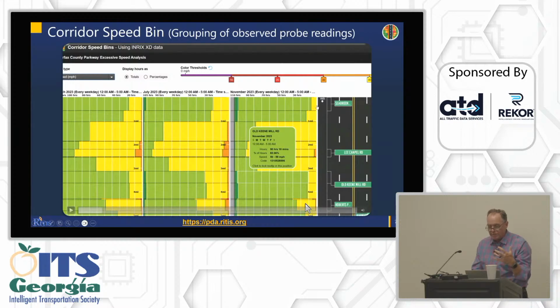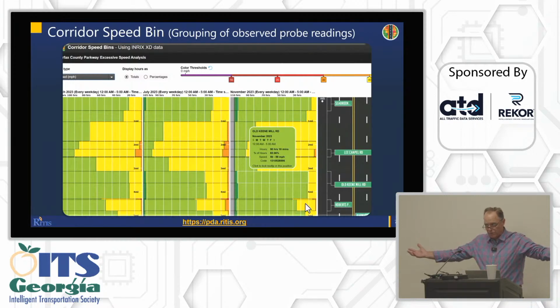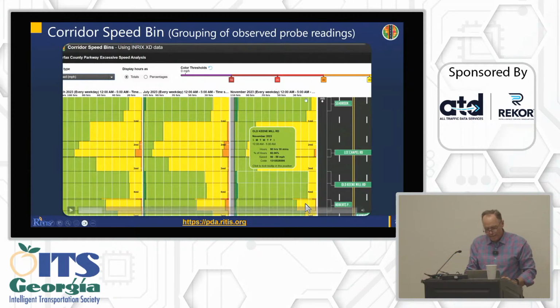This tool is taking all of the observed speeds that have been harmonically averaged. And it's saying, well, for the period that you analyzed, Rick, November 23rd, every weekday from 12 a.m. to 5 a.m., these were the observed speed bins. You know, the 40 miles per hour or higher was X percent. Here I'm hovering over